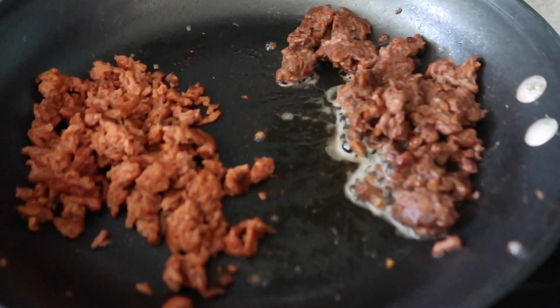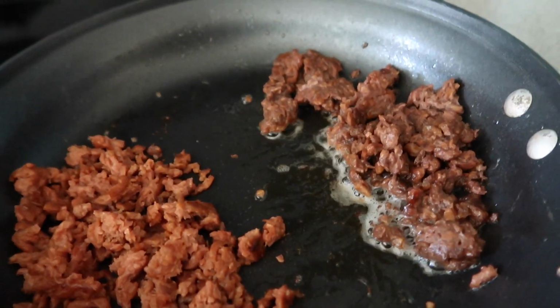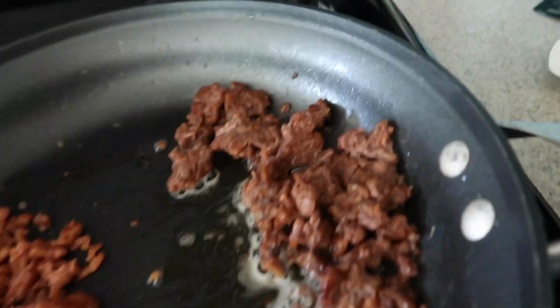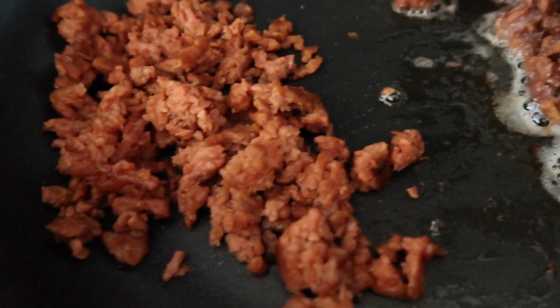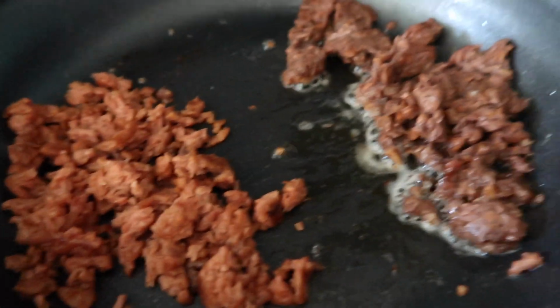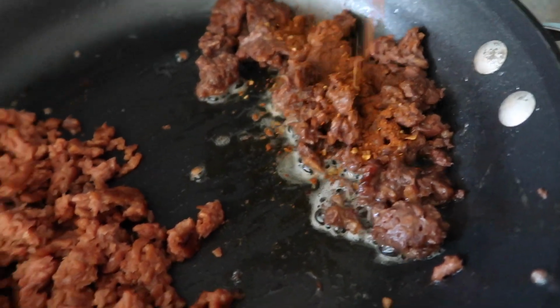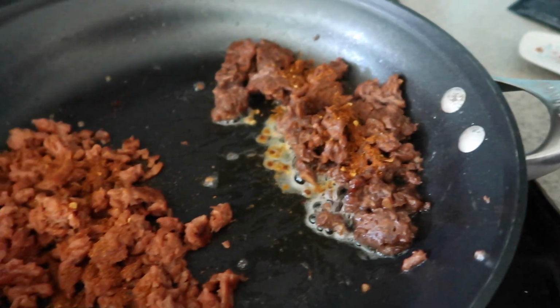Back to the beef. And we're back. We've taken our vitamins. We feel fantastic. So we have our two grounds. As you can tell, the Beyond is a lot more oily. The Light Life barely has any oil in it, and I've reserved some to taste on its own, so I'm just gonna go ahead and add some taco seasoning to both, add a tiny bit of water to the pan,